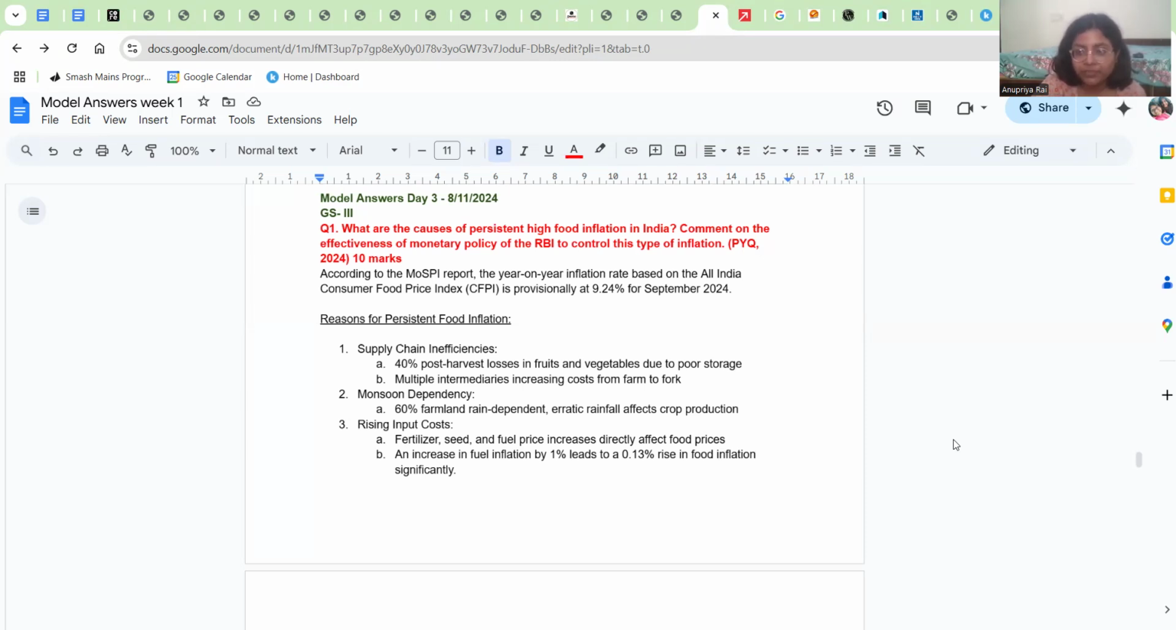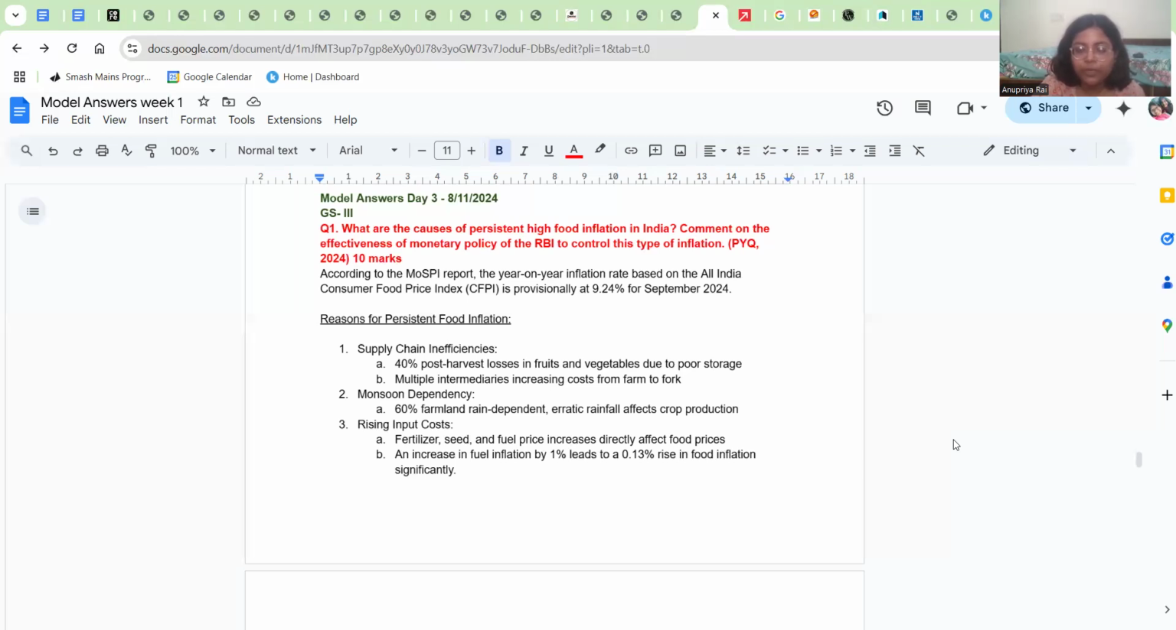And in terms of effectiveness, you have to actually address how it has been successful in controlling inflation, as well as how there are certain things lacking that monetary policy alone cannot achieve, where it needs government support as well. Let's approach this question. See, for this type of question, I would suggest have data on your hand, because